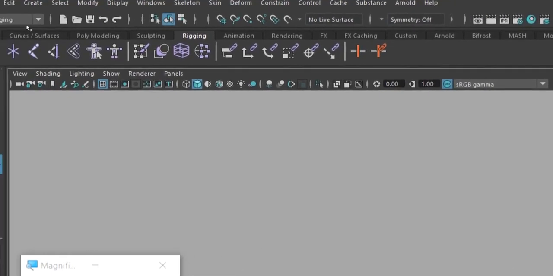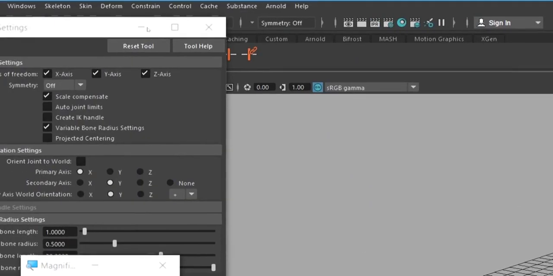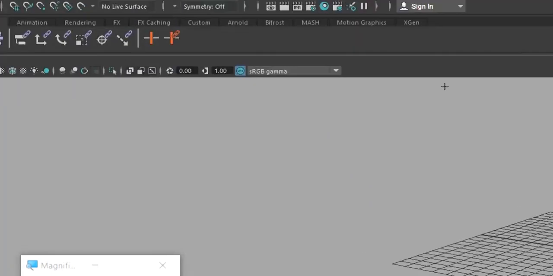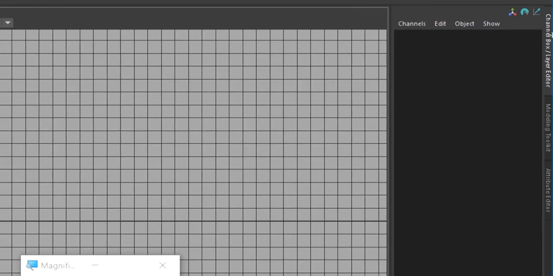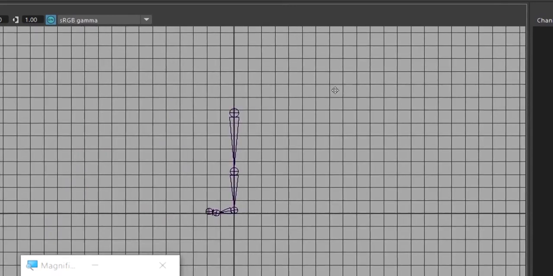I will take the joint tool again. It is already reset, so no problem. Again I'm coming to right view. Here I'm going to create one more hip joint, and directly I'm coming to the ankle, and directly to the toe.